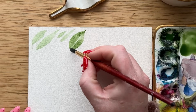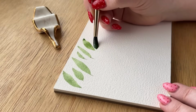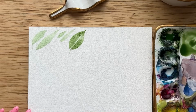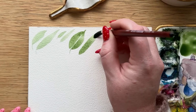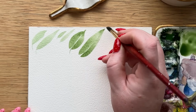leaf. So we are tapping down with the tip of our brush, pushing down for the circular part of the leaf, releasing towards the end, but we're doing it twice and leaving white space in the center to kind of represent the vein of the leaf. So again, we can do a shorter, rounder leaf, and we can do a thinner, longer leaf, connecting those tips